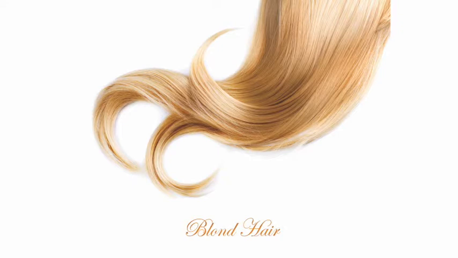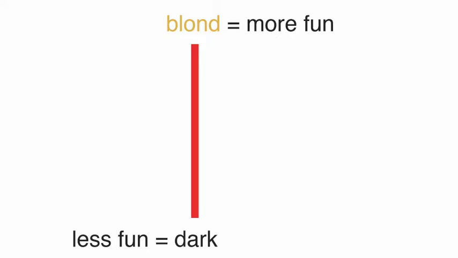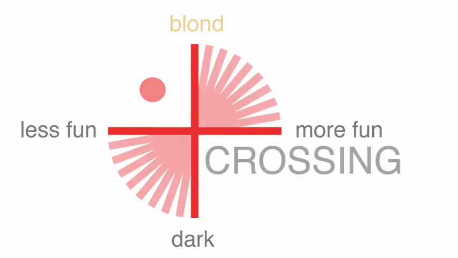Advertisers are always making associations in our minds. There was a successful ad campaign years ago based on the idea that blondes have more fun, so you should color your hair. The advertisers brought together blonde and fun, suggesting that dark was less fun. When we do the unassuming practice, we find not only what the advertisers want us to believe, but maybe that it's more fun to be who we are and less fun to pretend to be somebody else.